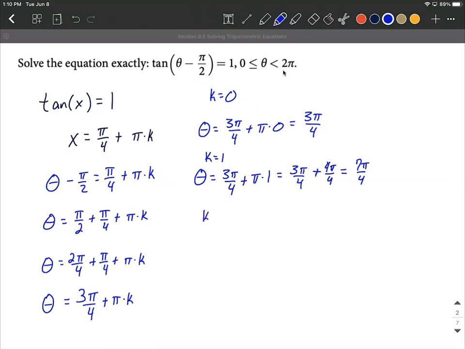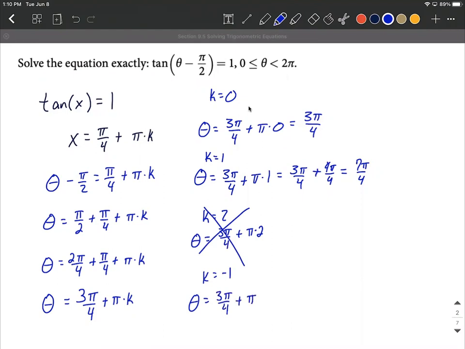We could try additional values for k, but these are going to get too big. So we get theta equals 3 pi over 4 plus pi times 2, or 2 pi. But if we have 2 pi plus some positive value, that's going to be bigger than the 2 pi that we're looking for. So that's not going to produce a solution. You could also try negative values of k if you wanted to. Say k equals -1, but that's going to give you 3 pi over 4